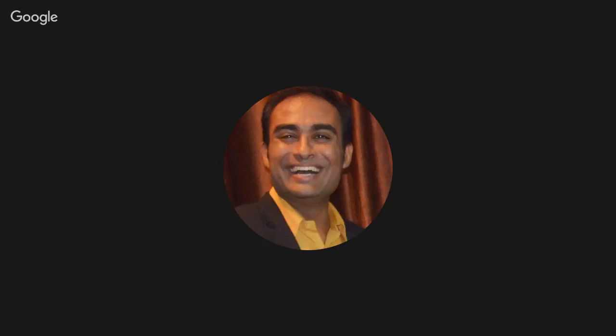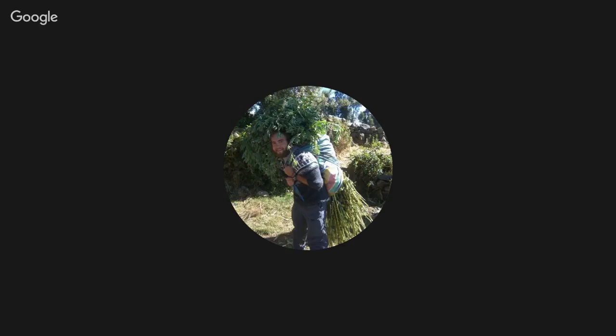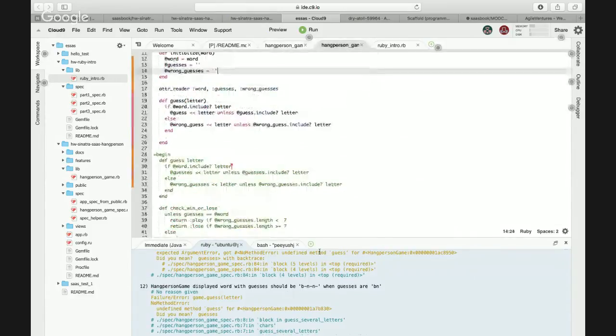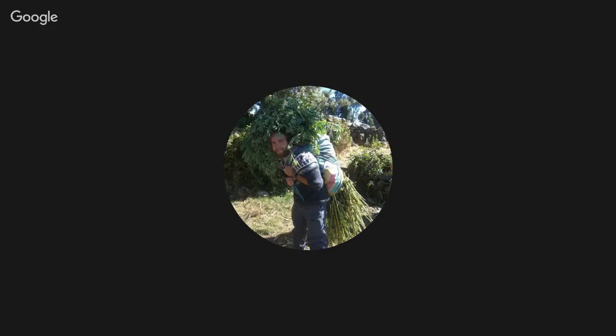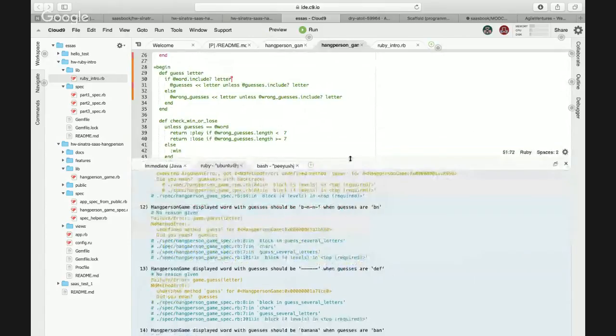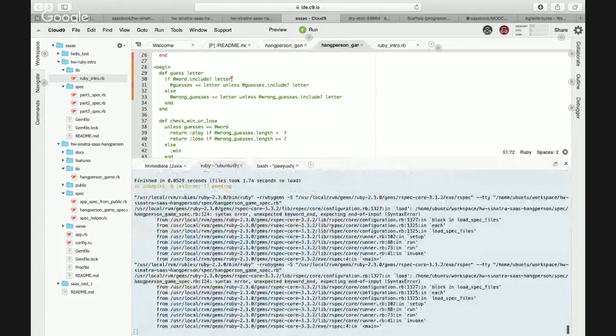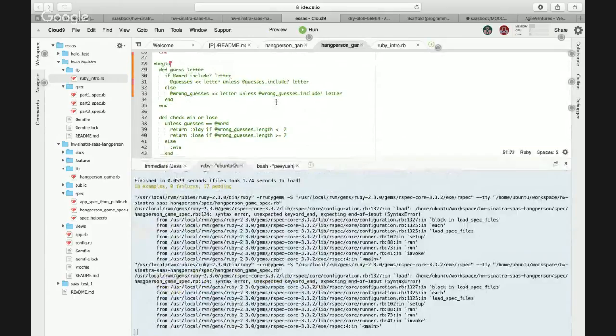So I'll save the file. Where do you have the test running? Can you see the screen now? Yeah. Have you saved the file? Yeah, I think I just did. Just wait a minute. Save it again. One second. That says I saved it.